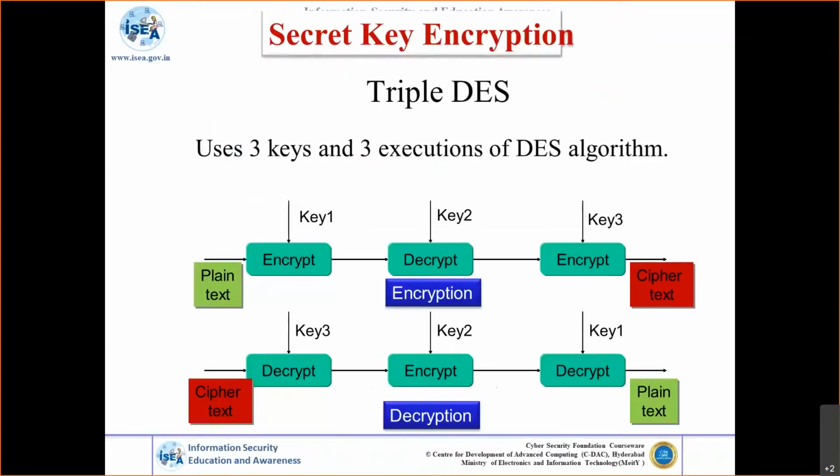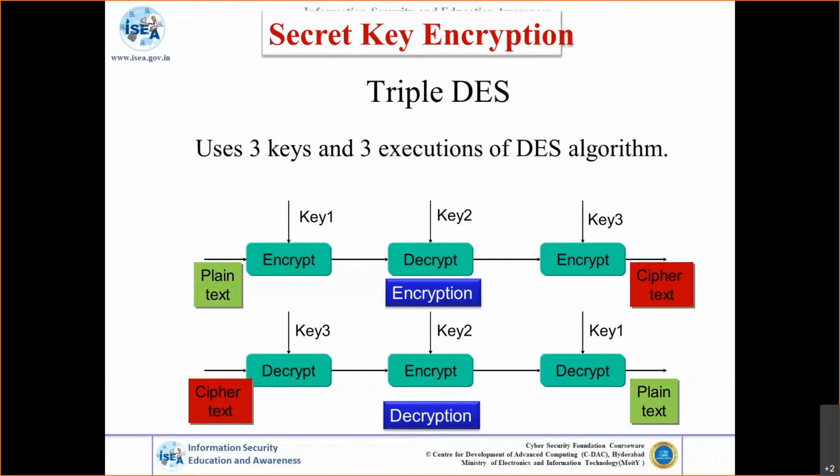When DES was not able to give the required security, people looked for a better algorithm than that. That is how they came out with triple DES, also called cascaded DES. You cascade the blocks of DES so that you get a symmetric key algorithm with better security. Three DES blocks are cascaded, and each block takes a separate key of 56-bit length. So 56 times 3 is 168, that is the key length we can say.